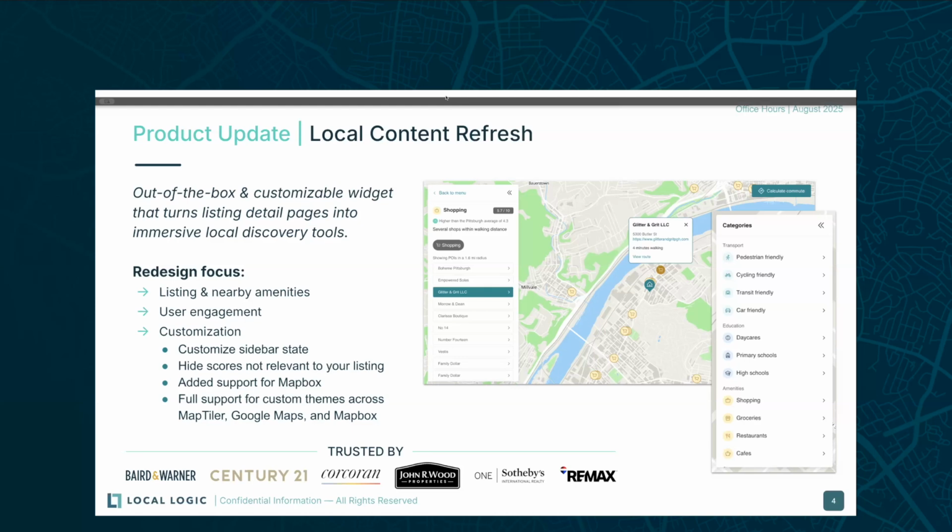Whenever a home buyer first sees local content, they're going to be right there, first square in the middle is the listing. And even as they continue to explore the area, as they look at different amenities, services, shops, and things around the area, they'll be able to keep that focus directly on the listing. So then they can start to understand where all these different amenities are relative to the listing that I'm actually